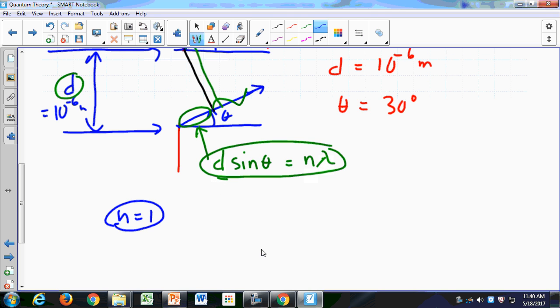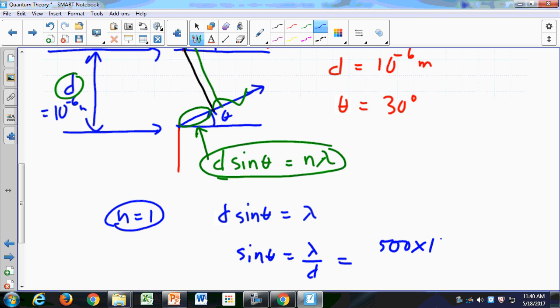When n equals 1, d sine theta is equal to lambda, so sine theta is lambda over d. Let's calculate that. Lambda is 500 nanometers,